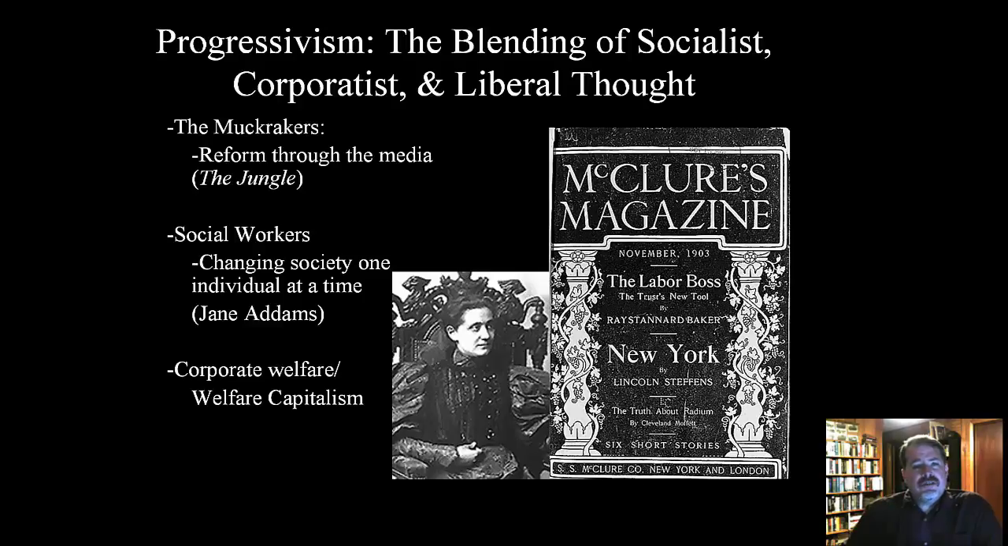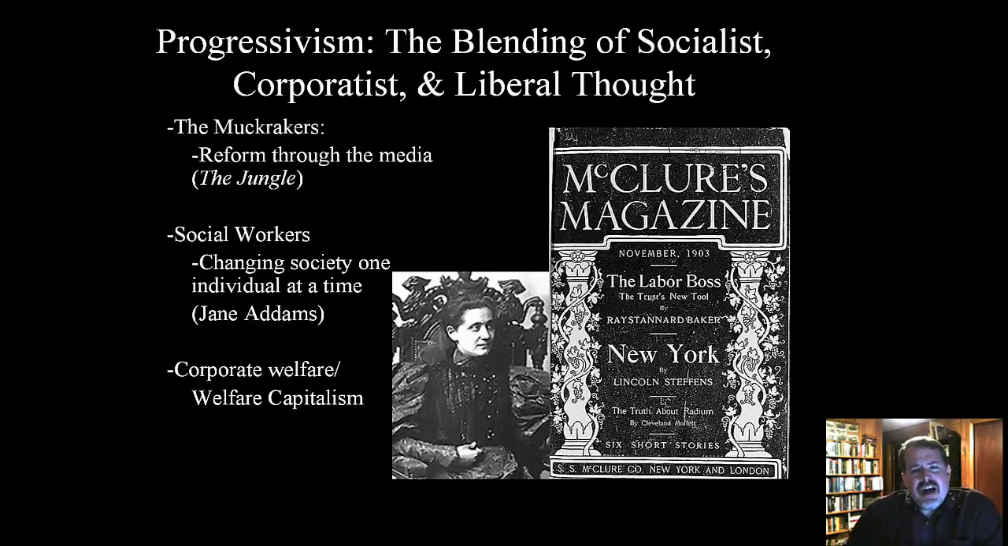You have some progressives who want to champion women's right to vote. What ties them together? Because in a lot of ways, progressivism is like the American melting pot of ideologies, where classical liberal thought, that thought of John Locke, for example, is combined with a little bit of socialism here and a little bit of corporatism there. Well, in short, as we will see,